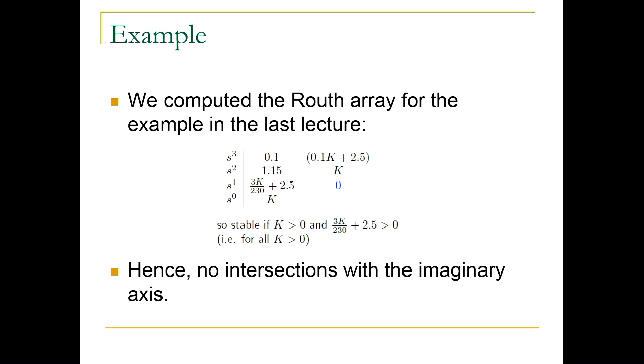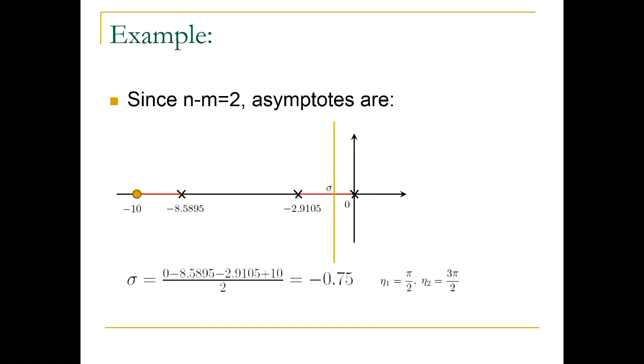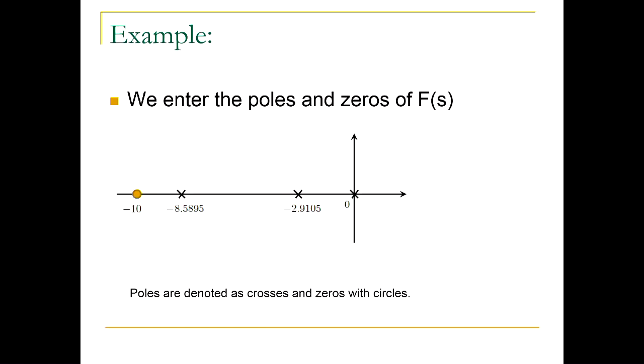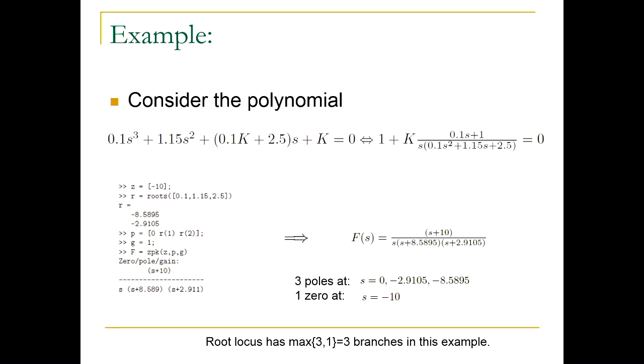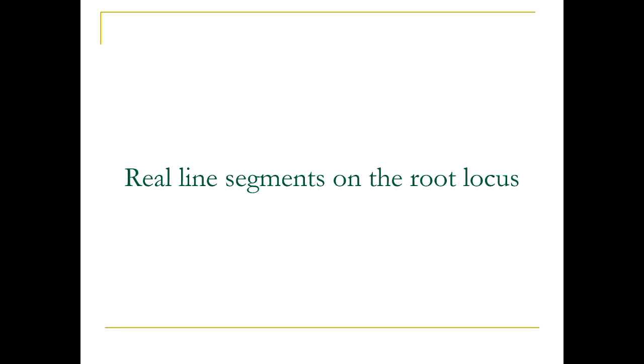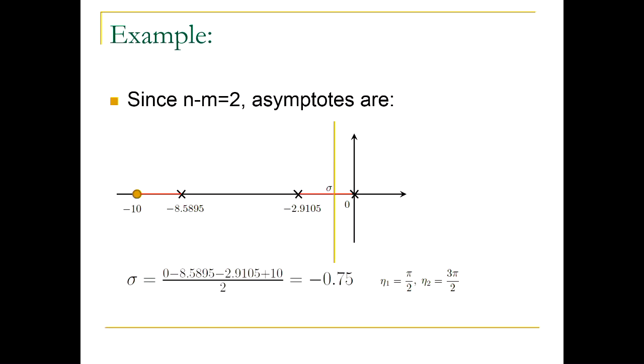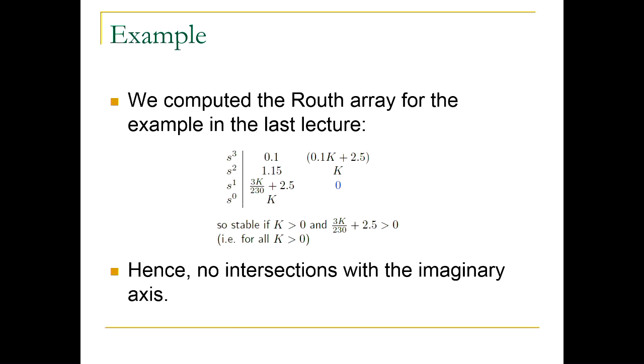By the way, which polynomial do we need to consider? Well, I have to go back far. Which polynomial do we use for Routh-Hurwitz? It is this polynomial here, the starting polynomial that was parameterized with k. I insert the coefficients of this polynomial into the Routh-Hurwitz array, calculate the whole array, and then see whether the signs in the first column change as k varies from 0 to infinity. This was done already in one of the previous lectures. We calculated the Routh-Hurwitz array for this example, and this is what we got.